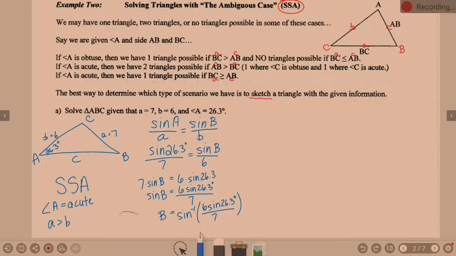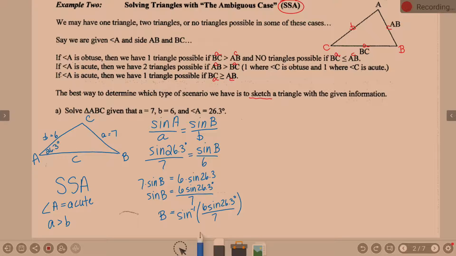Yes? Is there a B before sine 26.3? That is a 6. Okay, sorry. No, that's all right. A 6 and a lowercase b look a lot alike, don't they? Yeah, it's the 6 we've been carrying down. Now,